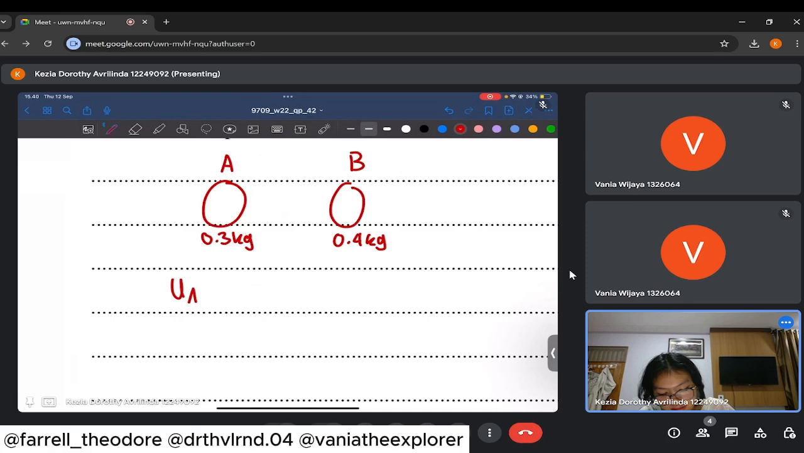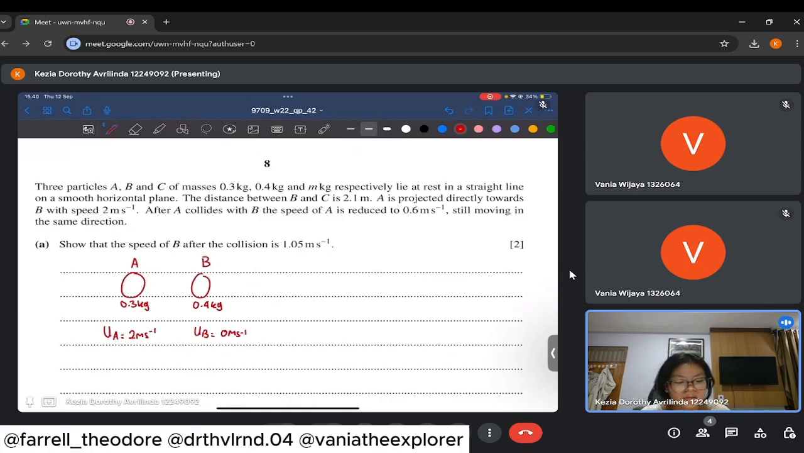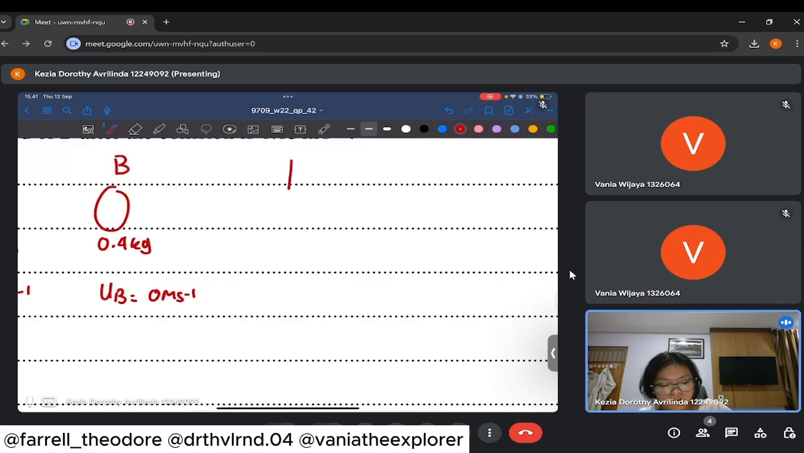For this one, we don't have to underline the numerical values because most of these values are just mass and speed. For collision or momentum, that's usually the only values that you really use, since the formula is just MAUA plus MBUB is equals to MAVA plus MBVB. So in this one, you don't really have to underline the numerical values. And then after the collision,